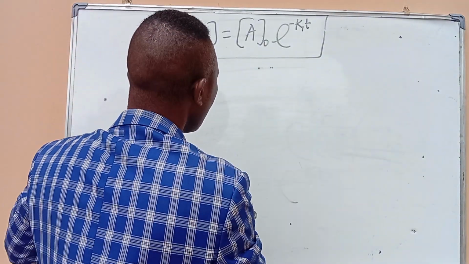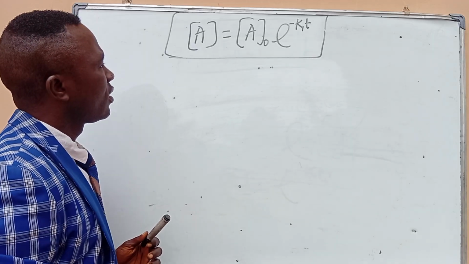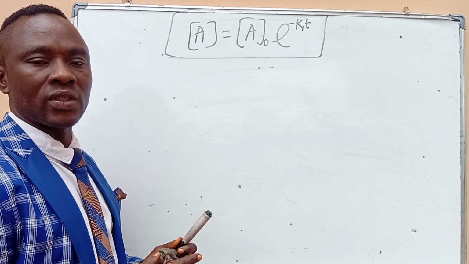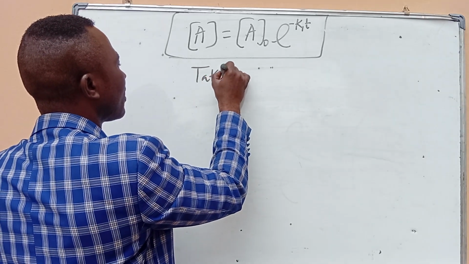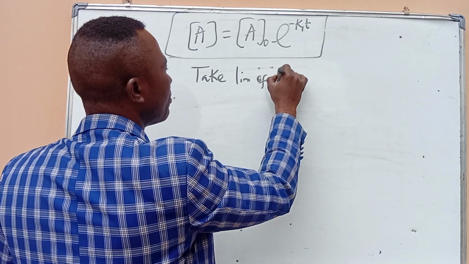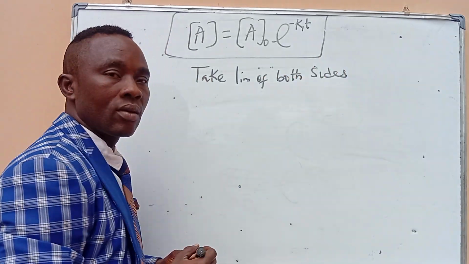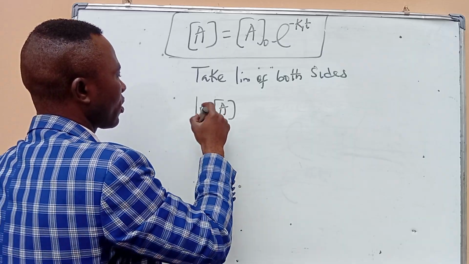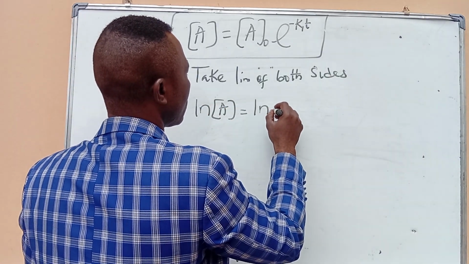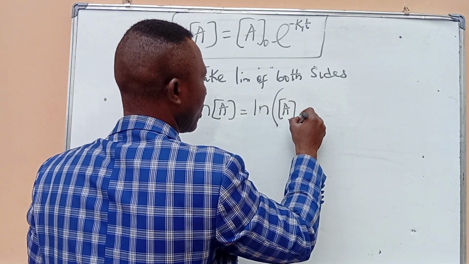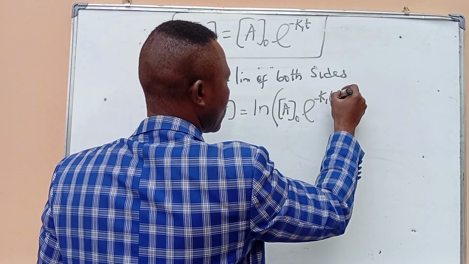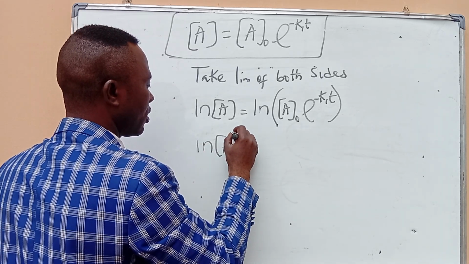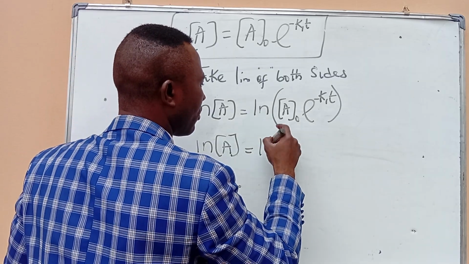Now, having gotten this, we can get so many things from here. If we want to take ln of both sides, let us take ln of both sides. If we take ln of both sides, we'll have ln final concentration equals ln of initial concentration exponent minus K1t. So this is a product, so that means that our ln A will be equals to the ln of A naught,